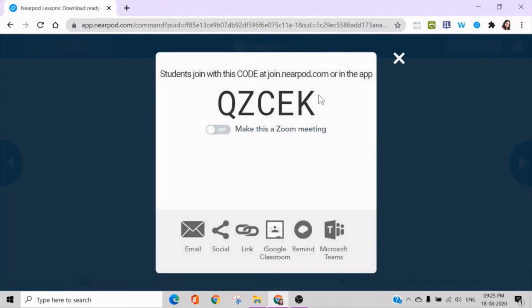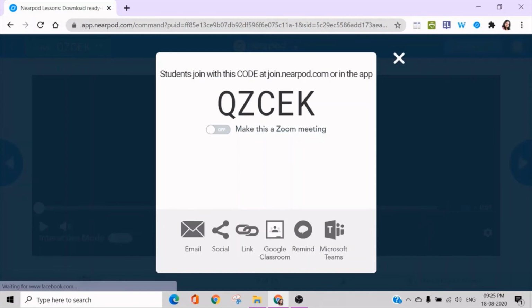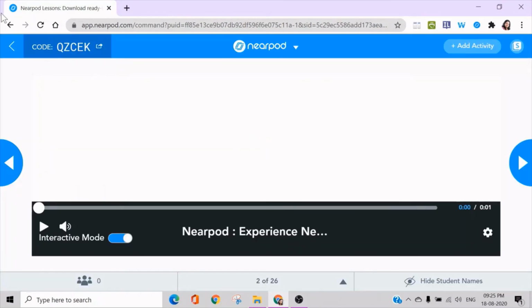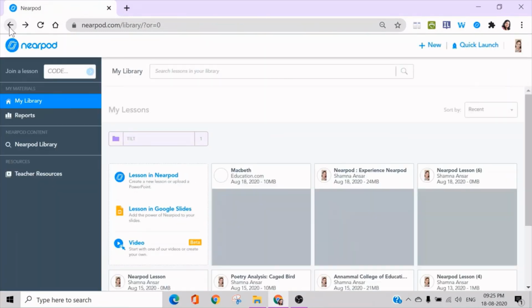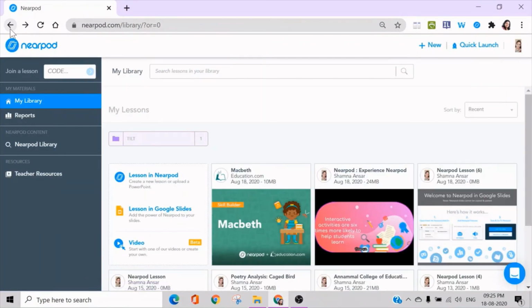This is how I can launch my session. If you imagine you are a teacher with an online session, you can just launch the session and share this code with your learners, and they can immediately join the Nearpod session via their devices, just by going to their Nearpod application and giving the code.